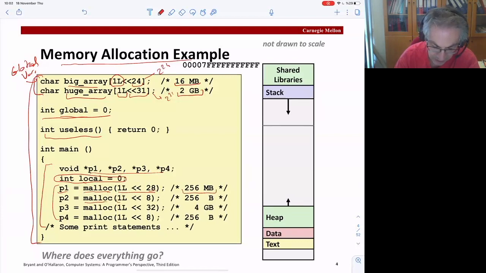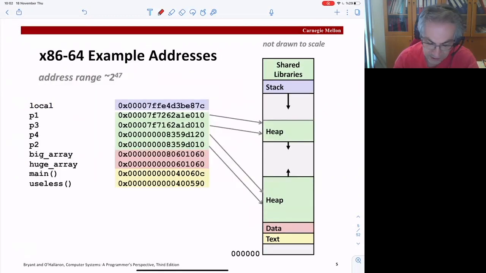We do another malloc for P2, 50 bytes, another one which is 4 gigabytes, another one, and then we'll be printing the addresses here. Once you do those allocations and print the addresses of these variables, you can actually understand how this memory layout is laid out in the